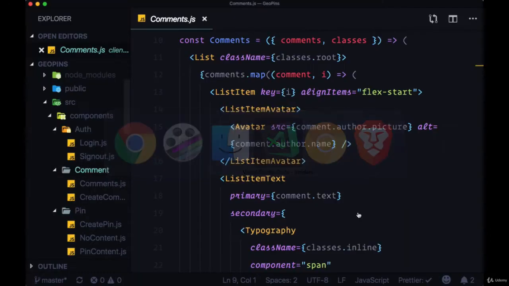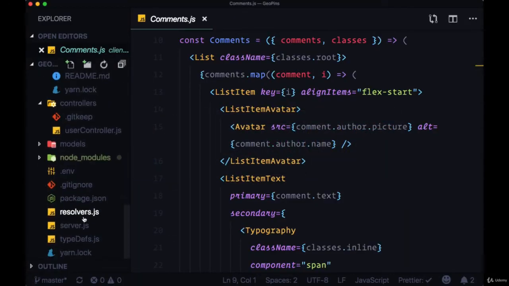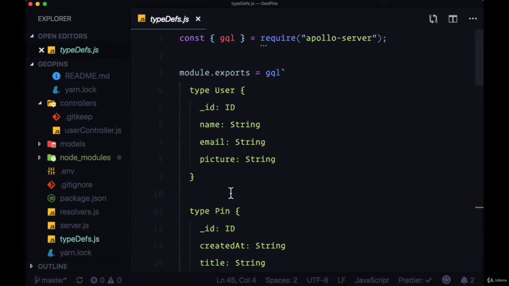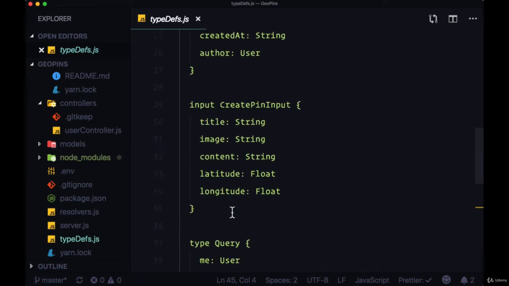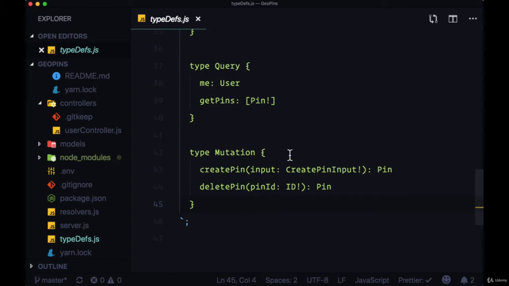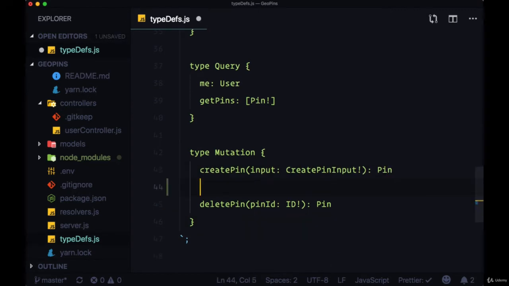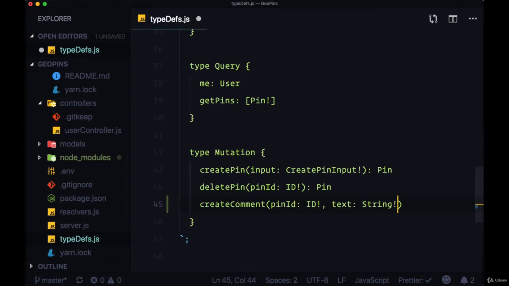Given that information, the pin ID and the comment text, we can head back to our type-defs file and add a new mutation in our root mutation type. You could either call this mutation update pin or create comment. I'm going to call this create comment personally. And for its arguments, create comment needs a pin ID of type ID as well as text of type string. And once this mutation resolves, it should return a pin. So heading to our resolvers,